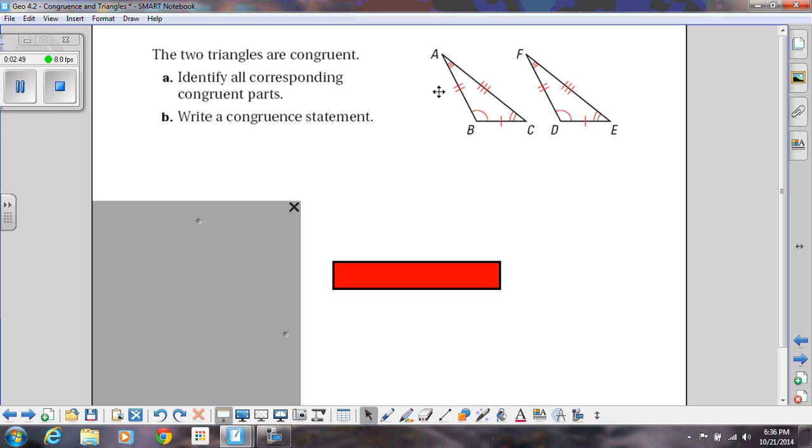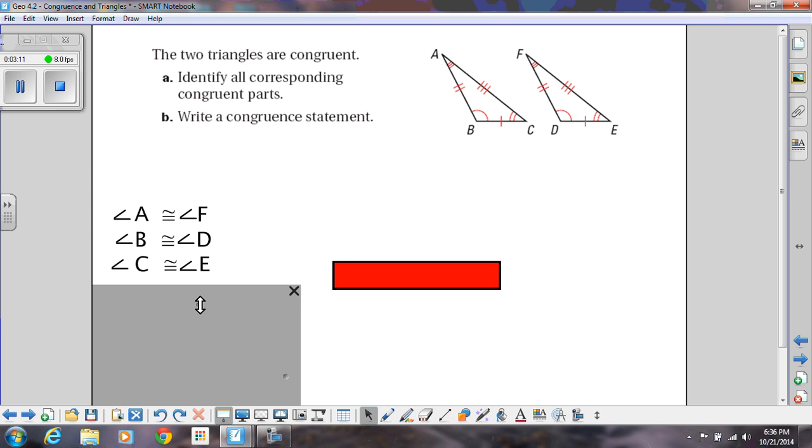So notice that we're going to pick which angles and sides are congruent based on how they're marked. So for example, angle A is corresponding to angle F because they both have 3 arcs on them. Angle B is congruent to angle D because they have a single arc on each of them. And then angle C is congruent to angle E because both have a double arc on them. And then if I do the sides,